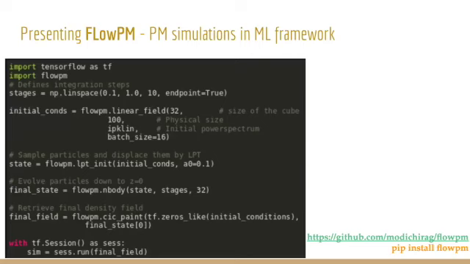So to that end, we present FlowPM, which is the particle mesh simulations in an ML framework. You can see some of the code here, but this is the entire setup that you need to run a forward simulation. Essentially, you import TensorFlow and generate the initial conditions. You can run a batch size, so you can generate multiple universes at the same time if you want. You feed in the linear power spectrum to generate the initial conditions. You generate the initial LPT displacements, and then you just call the n-body algorithm, and then you paint the particles on a grid with an interpolation scheme.